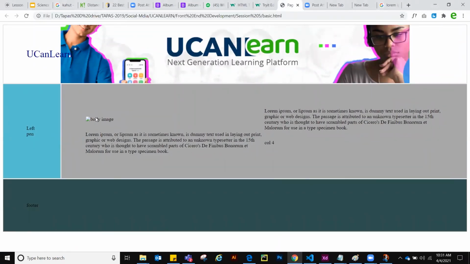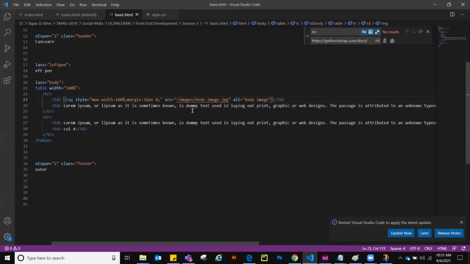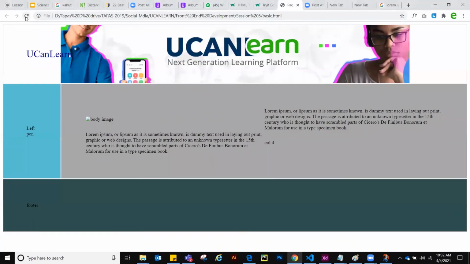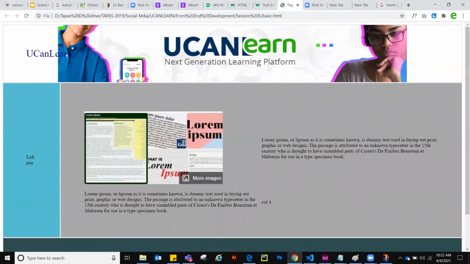Somehow it's not getting the image. Why? Because maybe the src is not working properly. So what I can do, see now, this should not be there. Body. Yes. Now see, it is working.